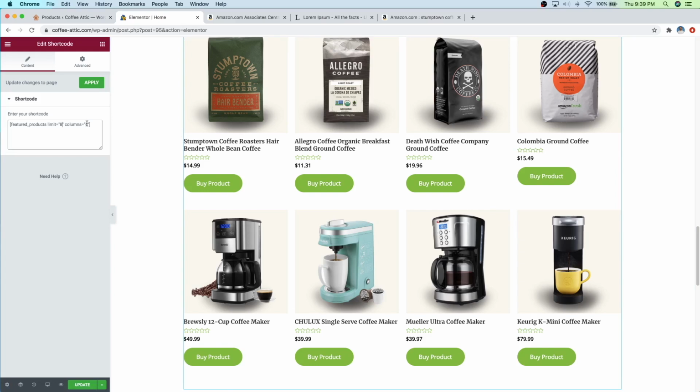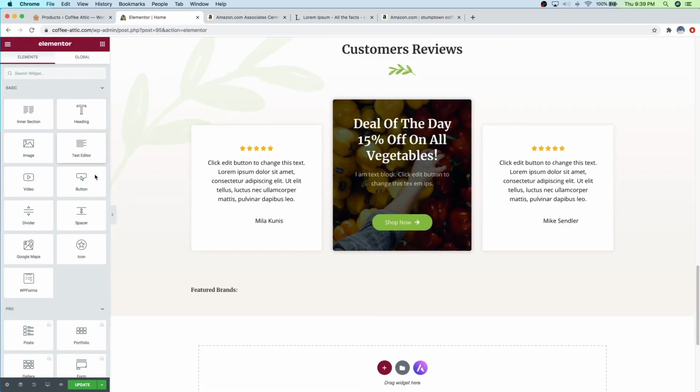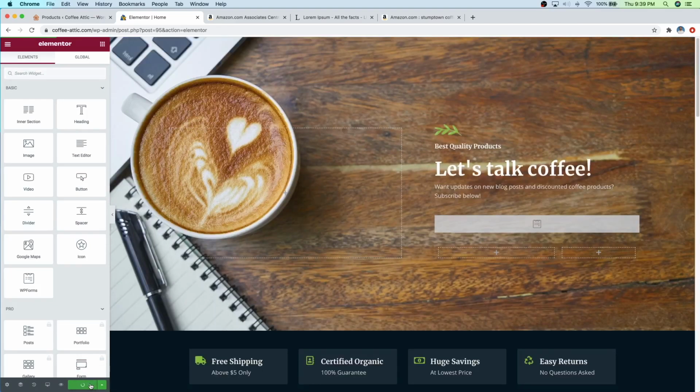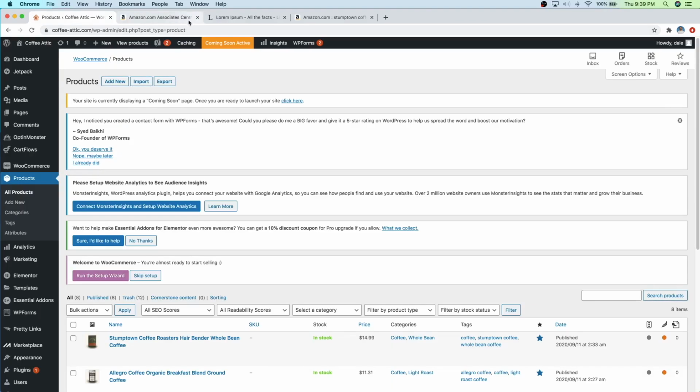We've also got 4 columns. You can choose to do 3 columns or 2, whichever you'd like. But I think 4 looks pretty good. So I'm going to go ahead and leave that. So I'll just click on apply. And then we'll just click on update down at the bottom. And then we can just close out of this window. Cool. So now that we've got all of our products showing on our homepage, which makes it really easy for people to find them and click on them and buy,